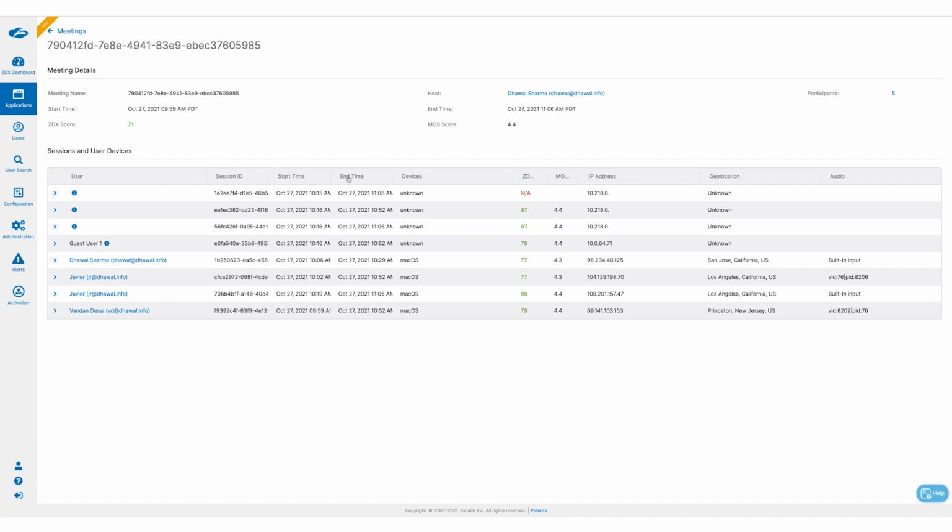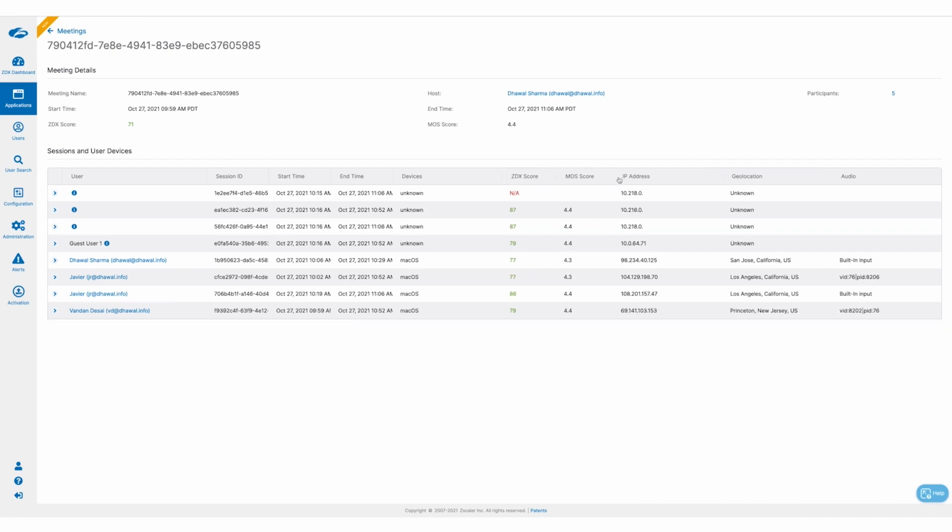In the participants list, you can see here it was 4 plus 1 guest user, and then we have multiple sessions. Now every participant has its data for the meeting, the score and the MOS that we calculate. We indicate the IP address it comes from, location, and audio. But the beauty of the integration is that if I want to see what's going on with this 0.1 score,